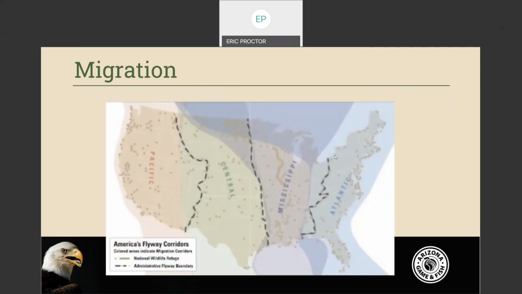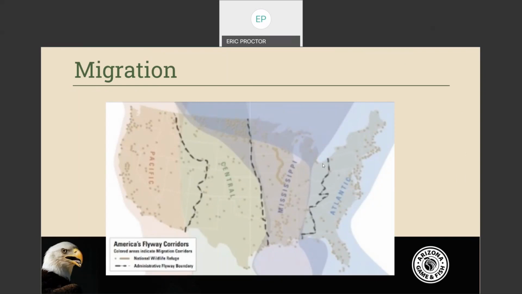In general, we find that birds that migrate long distances tend to follow certain flyways. You can consider these sort of bird highways, and they tend to run north-south along major topographical features, like mountain ranges. North America has 4 sort of recognized major flyways that you can see here. These are the paths that different bird species tend to take. Arizona tends to fall along the extreme eastern edge of the Pacific Flyway that you can see right there, which runs sort of along the Rocky Mountains.